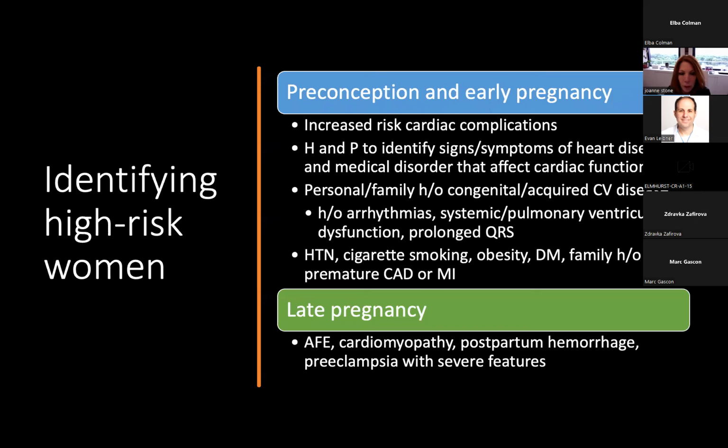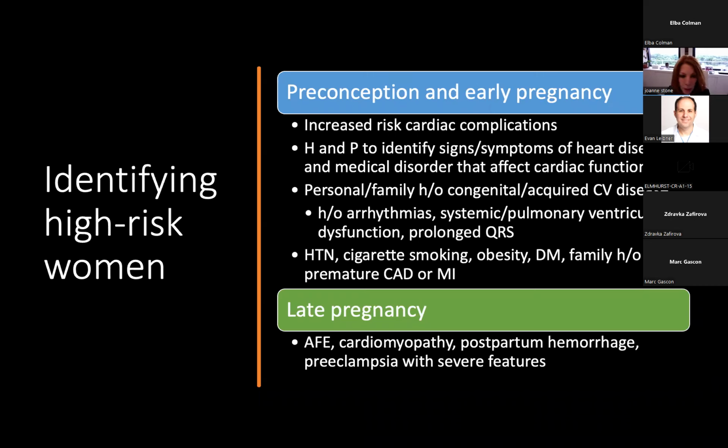A careful H&P to identify signs or symptoms of heart disease, and medical disorders that affect cardiac function, are really important. Getting a personal history and family history of congenital or acquired cardiovascular disease, including history of arrhythmias, systemic or pulmonary ventricular dysfunction, or prolonged QRS, hypertension, cigarette smoking, obesity, diabetes, or family history of premature coronary artery disease or an MI